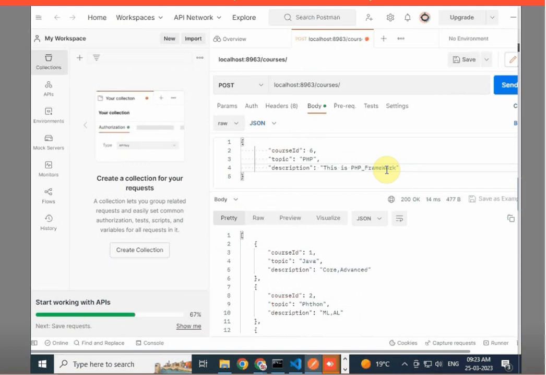Send a POST request to localhost 8963/courses with a JSON payload to add a new course.